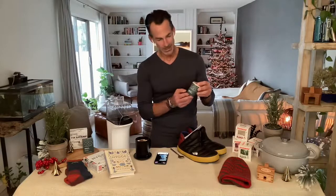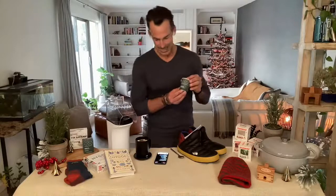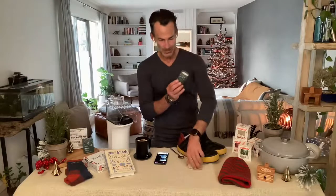This is 2.3 ounces. It's pretty compact, and that's part of the reason why I love it, because it works well at home. But I'm also a guy, you're learning all sorts of quirks about me, I like to travel with candles. Not a lot, maybe one or two, because if I'm in a hotel room or an Airbnb, it's one of the things that I have control over, and I know it's going to help me feel great in that space. So this is the SOG candle, and the scent is called Calm of the Boreal